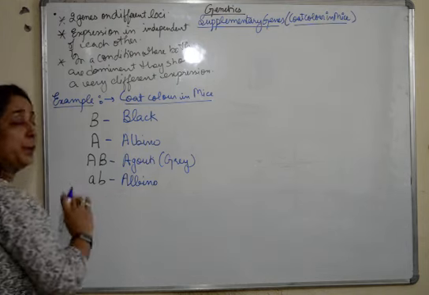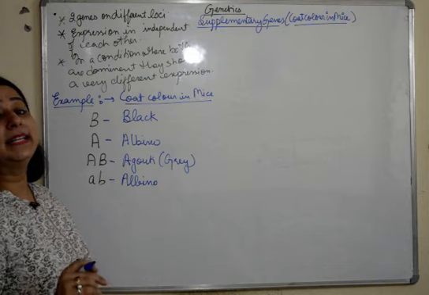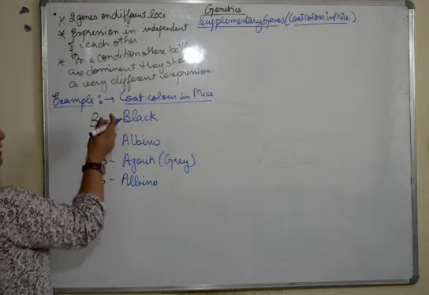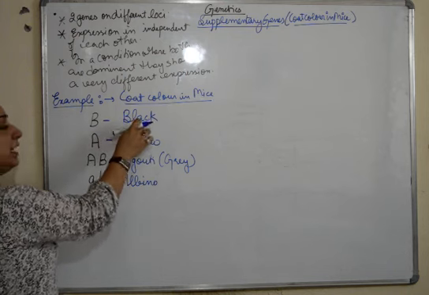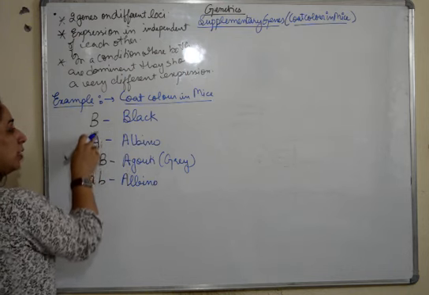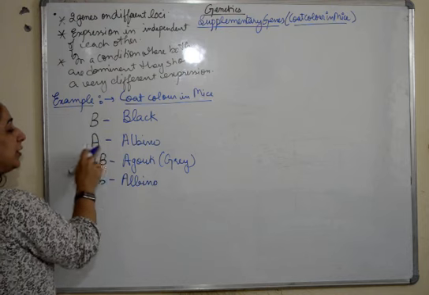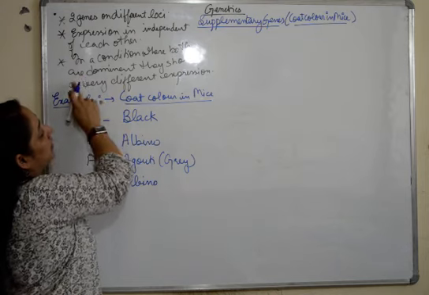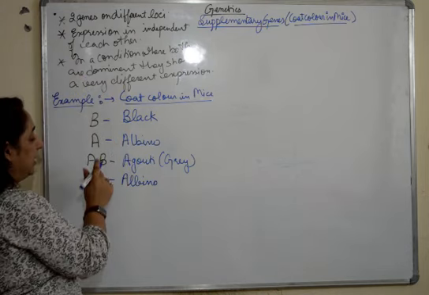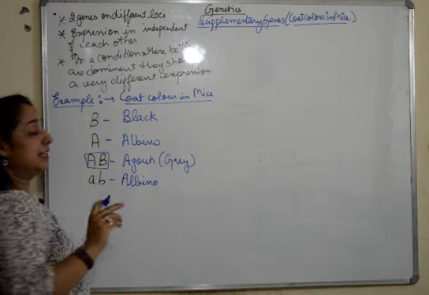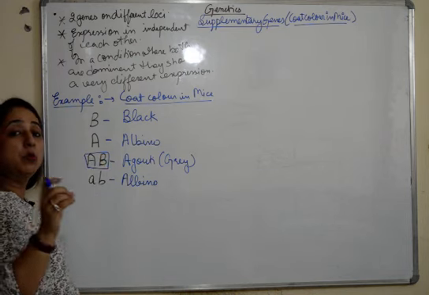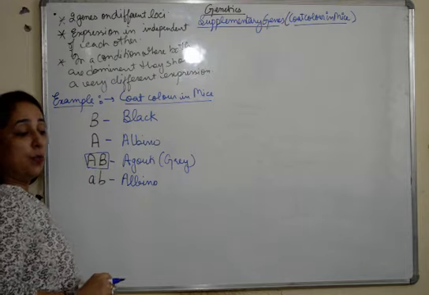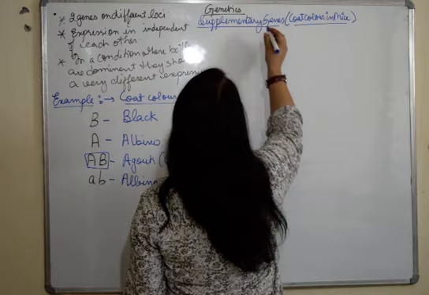So this is how the supplementary genes express. What did I say? Expression is independent of each other. That means B will give black, and if A is present in a dominant state, it will give albino. In the condition where both are dominant, they show a very different expression. Even though both A and B are in a dominant state, they give a very different expression, that is the agouti trait, which is gray. Fine. So this is how it works. We'll make a cross for a better explanation.